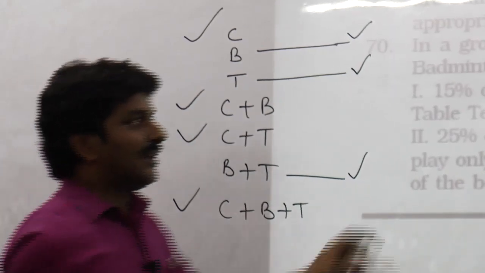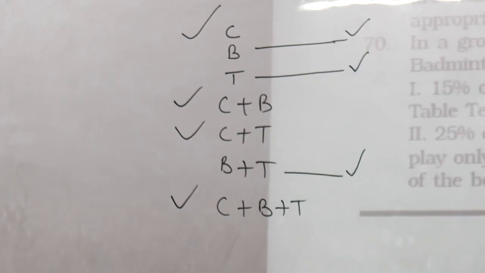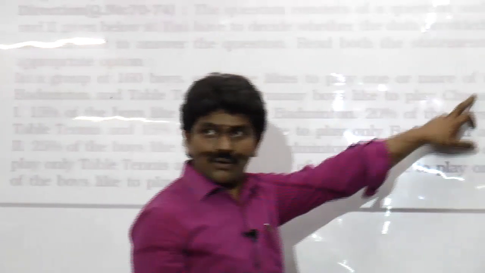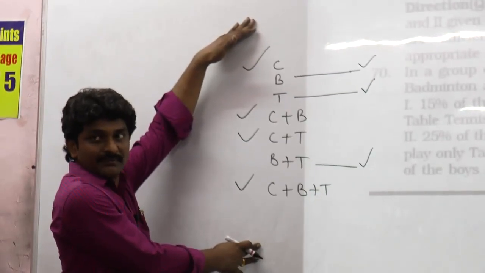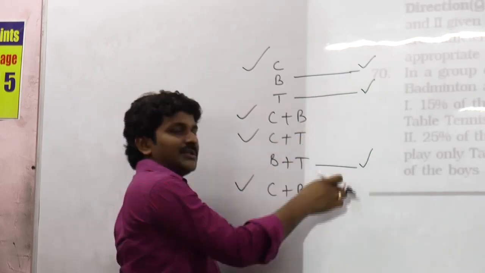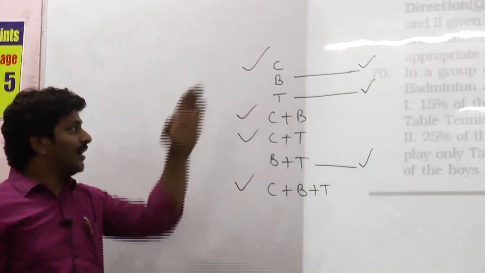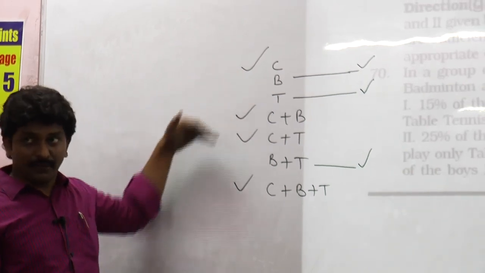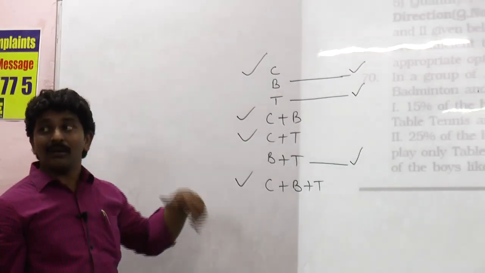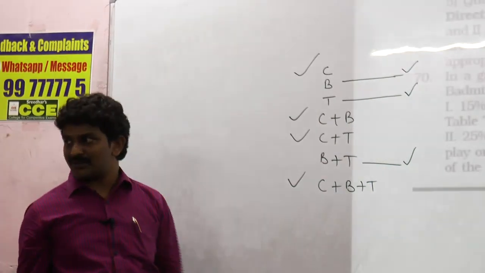because they said each one likes to play one or more. So when you add all these values, you should get 160. You know that point. And if you know these 3 values, if you subtract 3 numbers from 160, you will get other values. Either to know chess of 4 values, or apart from chess other 3 values.